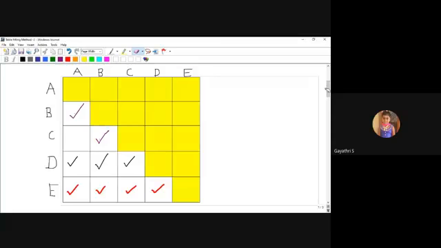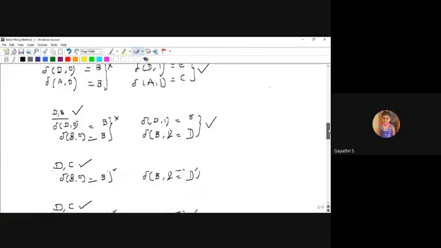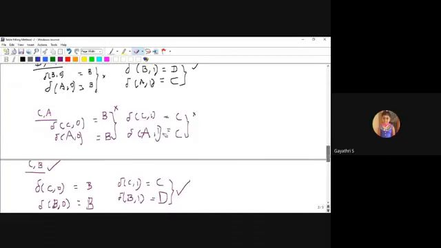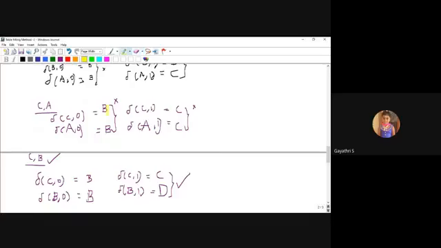Is there any possibility for iteration number 3? Only one pair is left over for iteration number 3, which is the C comma A combination. If you repeat C comma A, both go to B on 0 and both go to C on 1. So there is no use moving to iteration number 3. Up to iteration number 2 is enough for this problem.